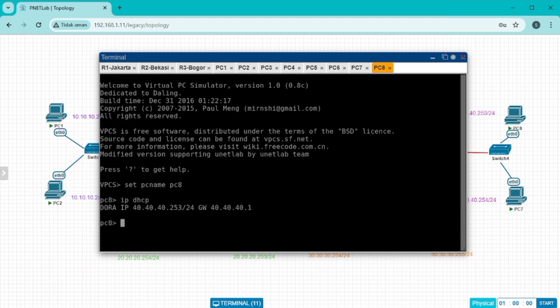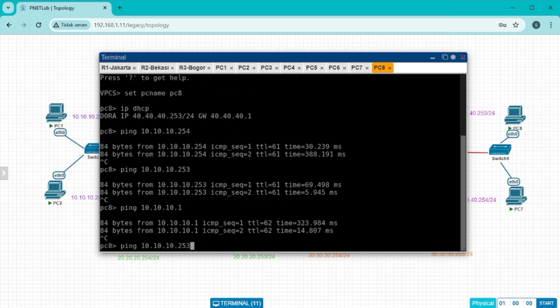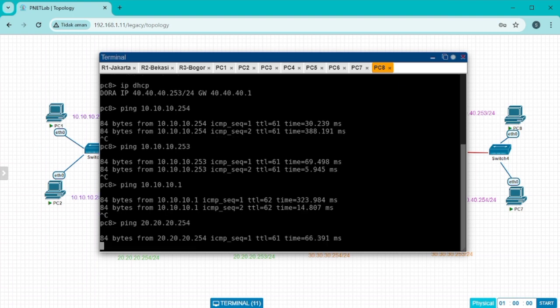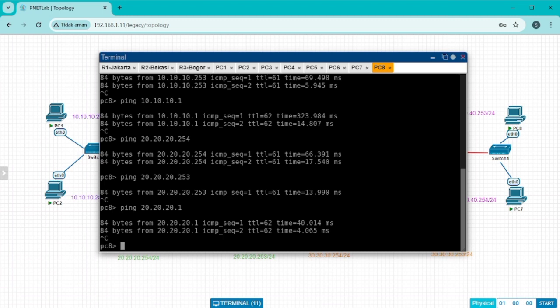Next, log back into PC8. Next, do a ping between the client and router, then the result will be TTL, meaning the client and router are connected to each other.